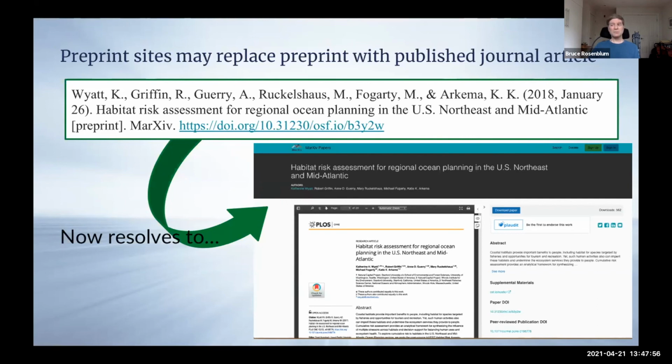My beef isn't with multiple versions of preprints and then having a final article. It's strictly with a preprint server taking down the preprint and making it go away. So if somebody had cited that, you can't see the actual science that they had cited. So there could be 5 versions on a preprint site, and that's great, and they should all be kept up. Yeah, I think that's